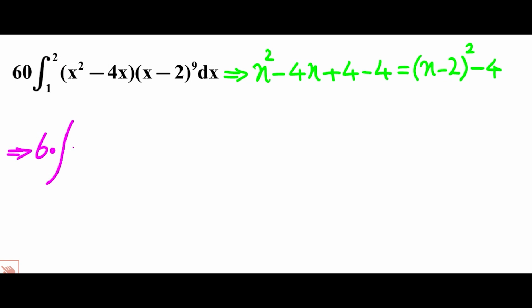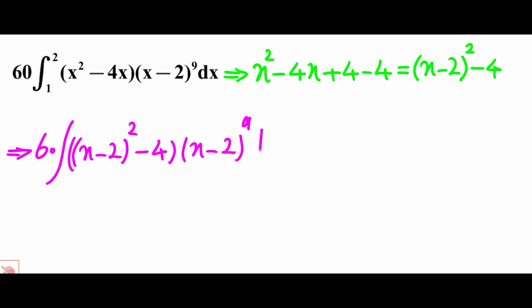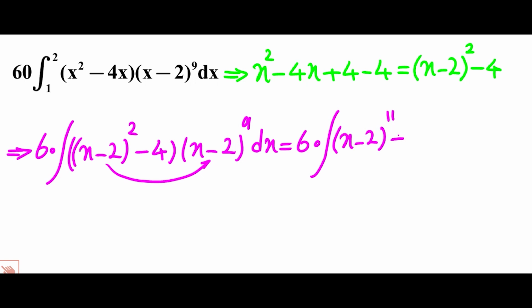60 times the integral of (x squared minus 4x), which is (x minus 2) squared minus 4, times (x minus 2) to the power of 9 dx, or 60 times the integral of (x minus 2) squared times (x minus 2) to the power of 9, which is (x minus 2) to the power of 11, minus 4 times (x minus 2) to the power of 9